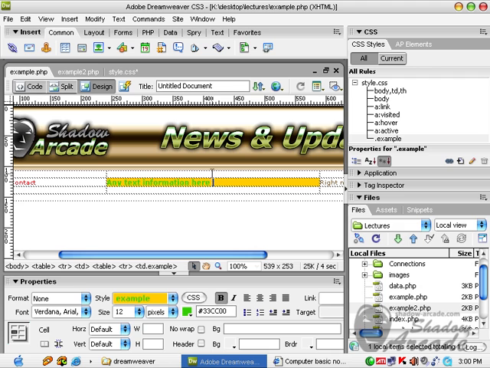So it comes very handy if you want to make a change in 100 pages, let's say 100 pages or 20 pages, and you have applied a style sheet to those pages and used this rule on those pages. You can change one file, your style sheet, and the change will appear on every page which you have created.